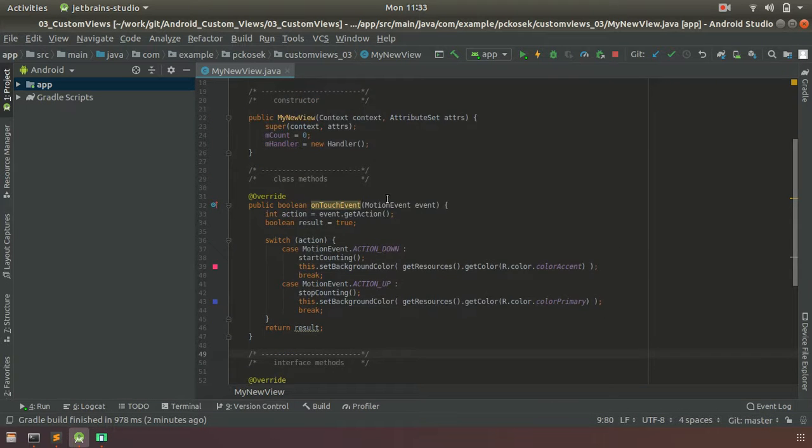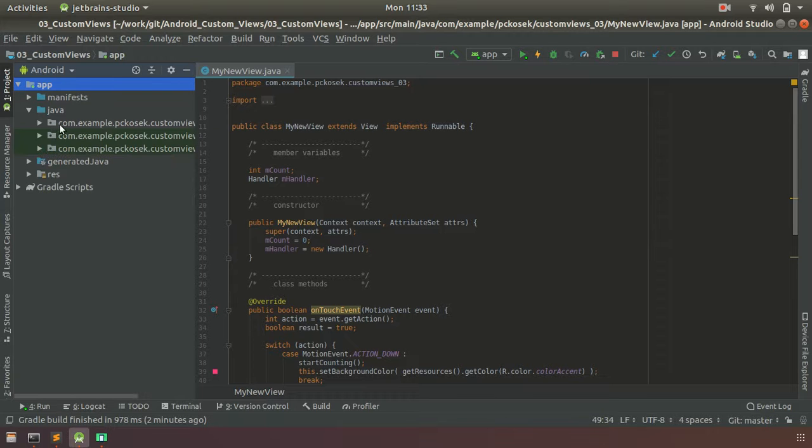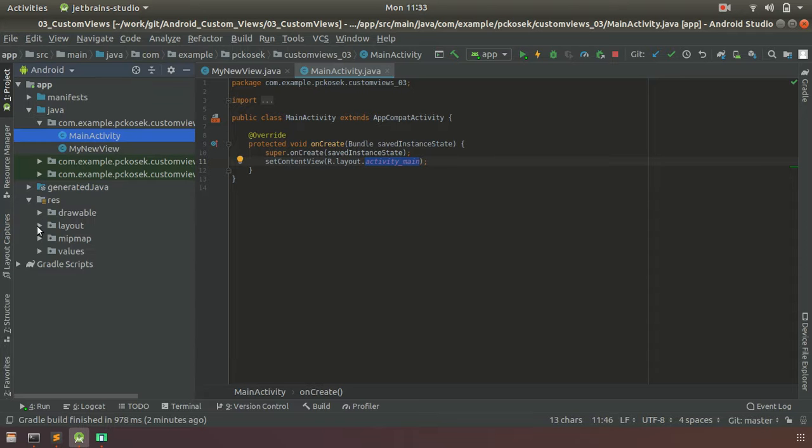So I'm going to remove the log. I'm going to take a quick tour just to explain where we're getting it from here. So we've got our main activity. Main activity is very straightforward. All it does is call set content view. Remember, set content view loads in this XML file, activity main. The activity main file